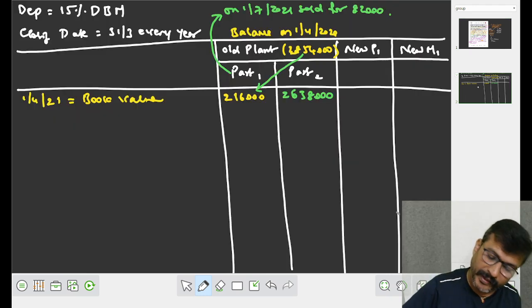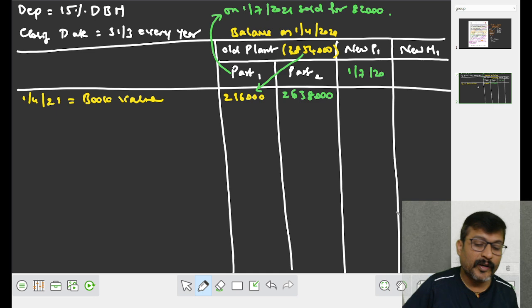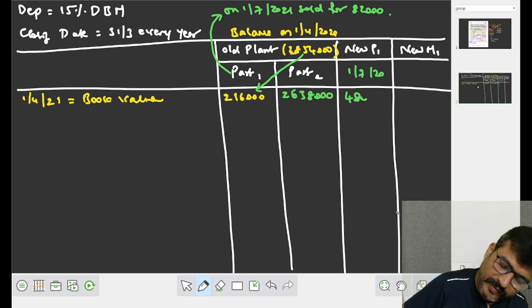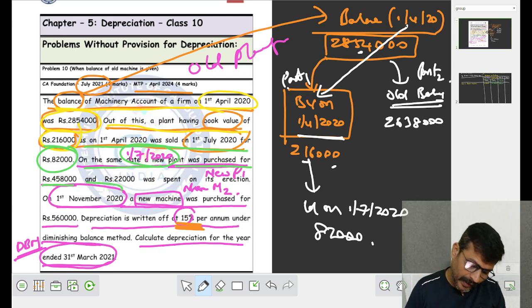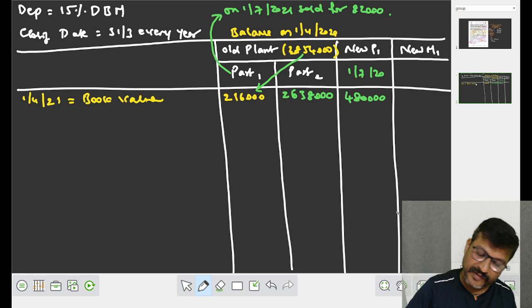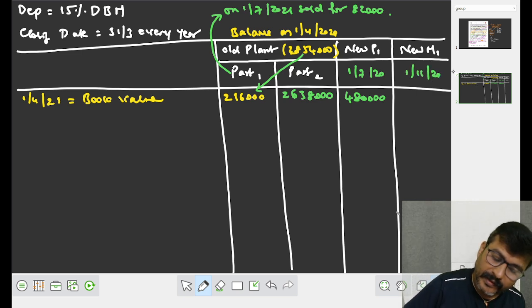When? In July 2020. On July 2020, a new plant was purchased for rupees 4,80,000. Fine. बाद में क्या हुआ? In November 2020, a new machine was purchased for 5,60,000. On 1st November 2020, new machinery was purchased for